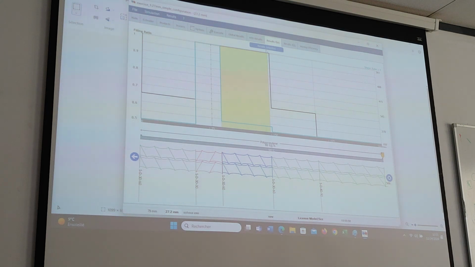So if you have an element with a really high shear rate, but the product goes through it really quickly, it won't have a lot of heat. And I think the total dissipated energy also takes into account, not necessarily, but at least the time spent inside the element.